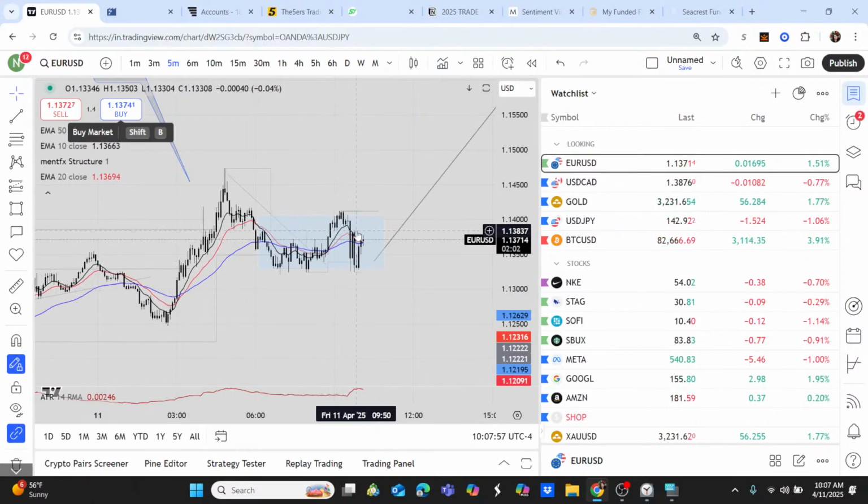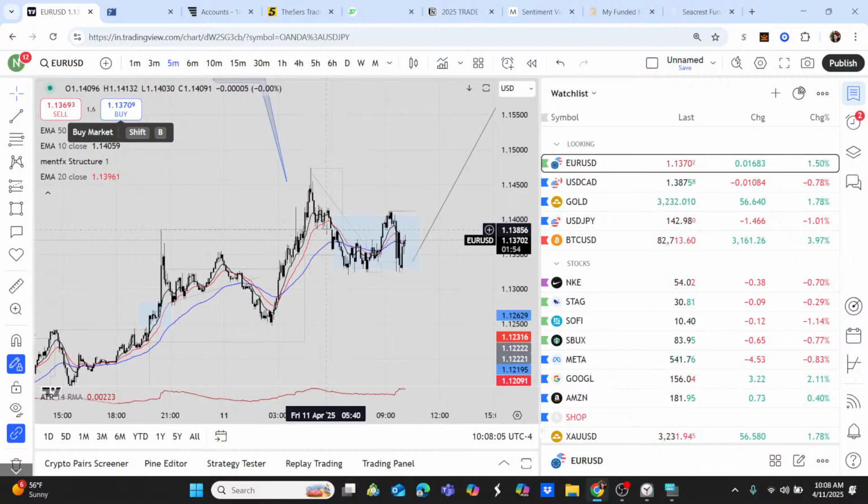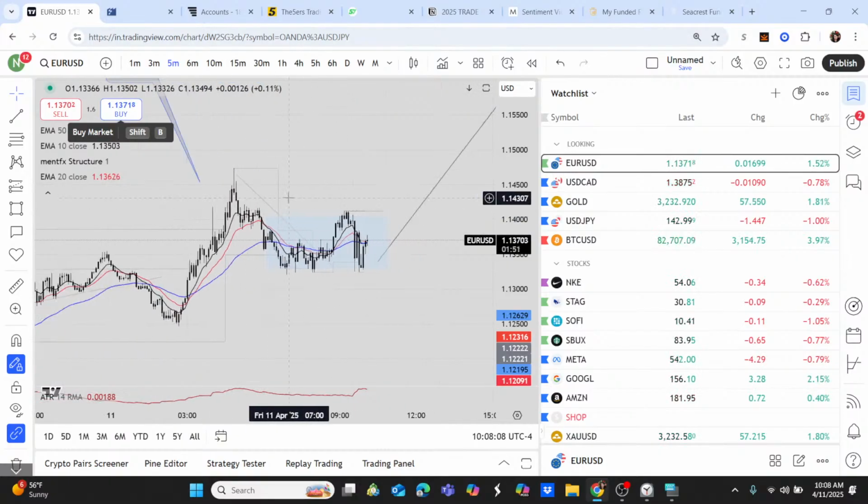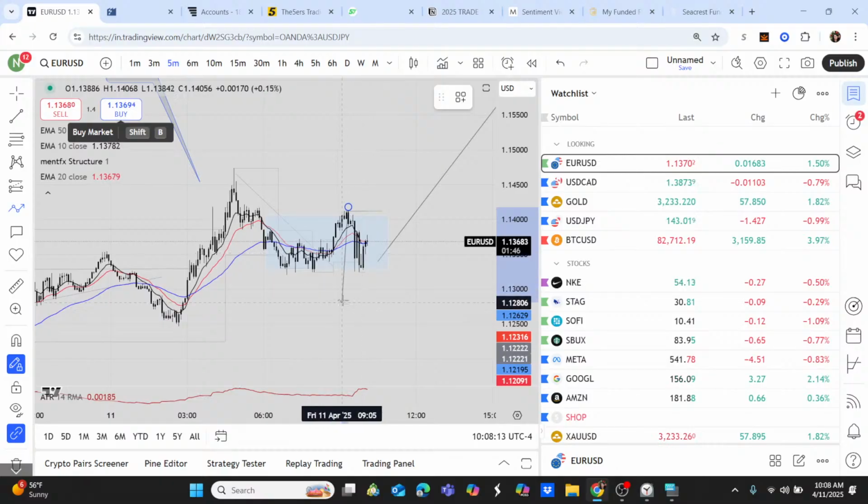So even if it sets up somewhere in here, I wouldn't be interested. Another possible idea is this right here, because it's still upholding the main low right here. It didn't break down too far. It just broke down right here. So if it was to break with momentum right here, especially if it was already creating the inside fractal structures like this, and then it breaks with momentum, and then it's up here,